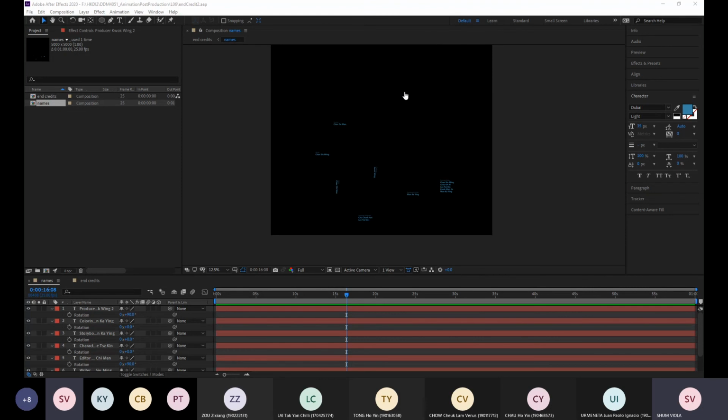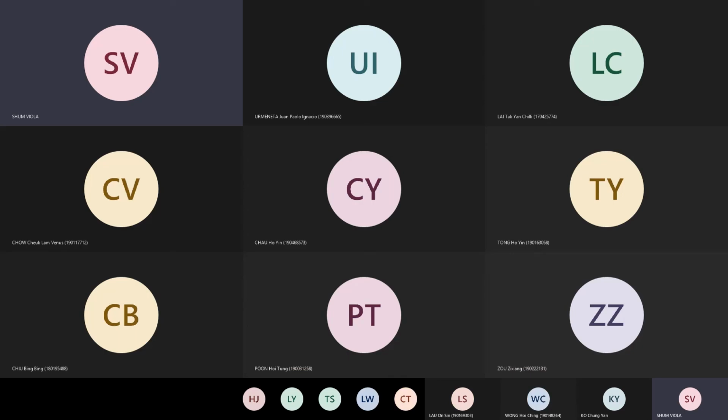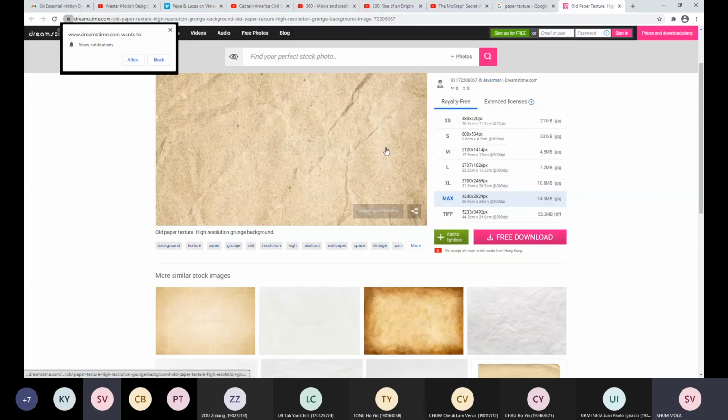column just like Harry Potter, and you will see that I can put all the names there, and then I can use a paper texture. You will find that in Harry Potter they're using a very big paper texture and put it underneath the words. It looks like they're rocking around within a book. I temporarily do it here because I don't have one. But of course, if you're doing your final year project, it should be created by you.